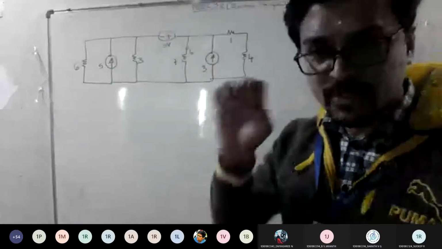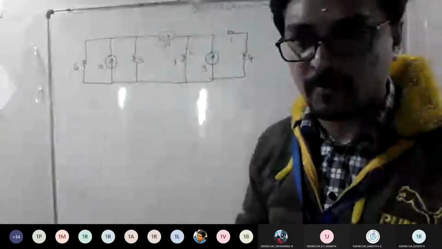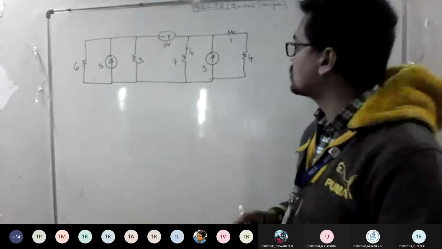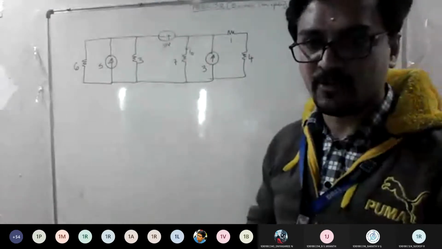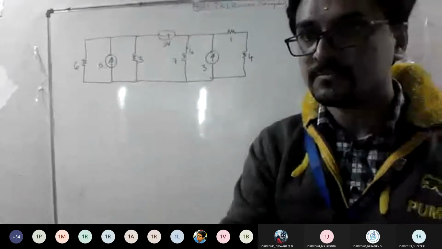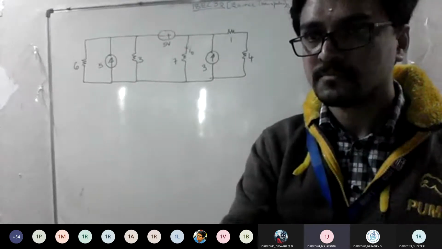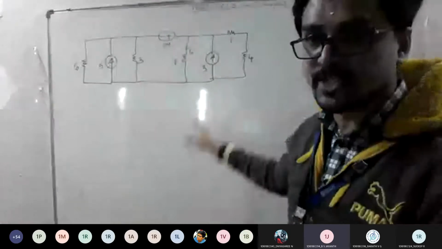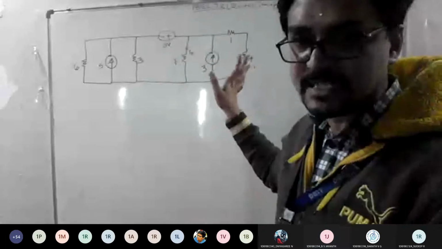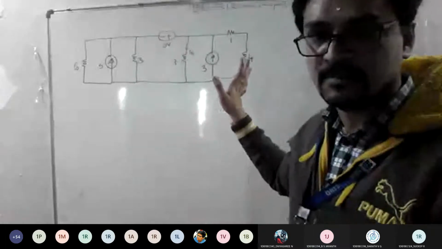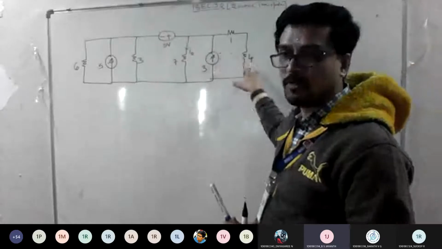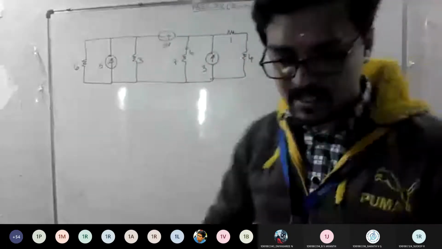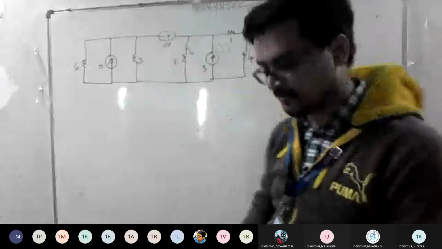First analyze. Once you make a plan that this is the way I can solve the problem, then you can do the things step by step. That is the procedure you need to follow. Look at the question carefully. The source transformation of the 5 volt source, sir. Before applying source transformation, look at which resistors are in series. The 1 ohm and 4 ohm are in series, so instead of writing separately, I can make it one. That is the first thing.